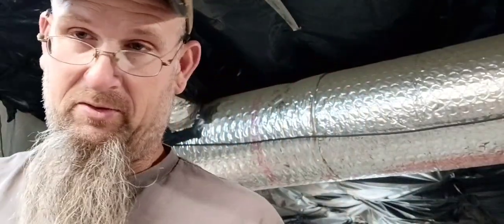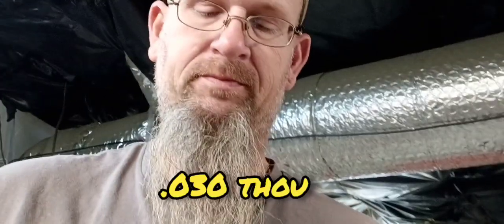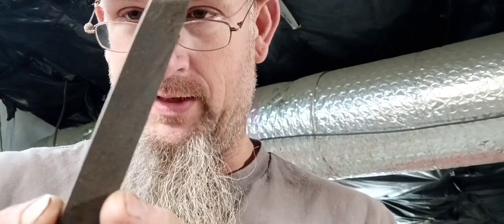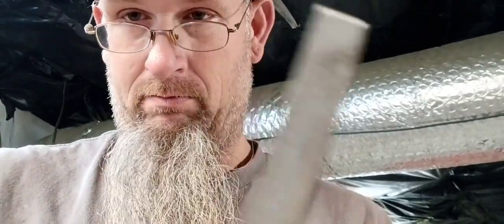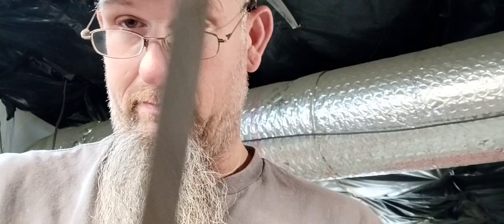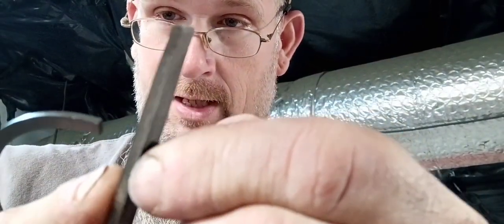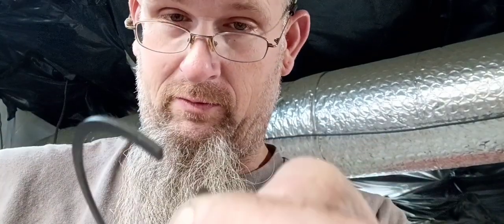Alright guys, I decided to just go ahead and file these. I'm going to gap them at 30. I want that safety margin. And I got out my little super fine antique hand file that my grandfather had, to build stuff like this. And what I do, I'll hold these rings square in my finger, and I'll just lightly, and it don't take much to take a few thousandths off, guys, but I'll lightly just file this ring, watching as I go on